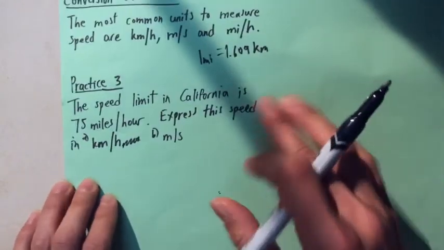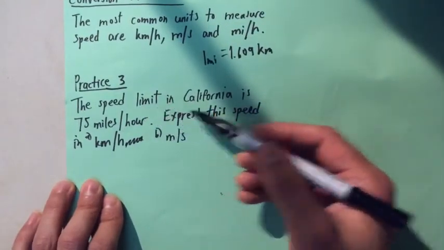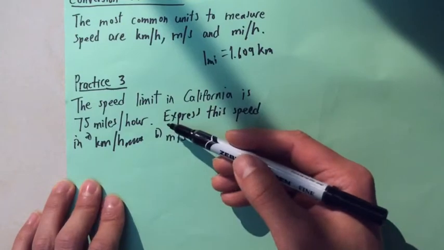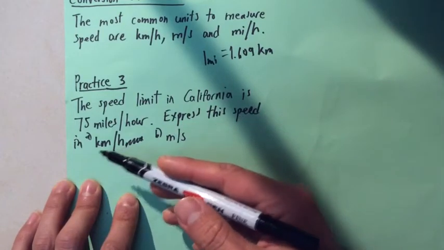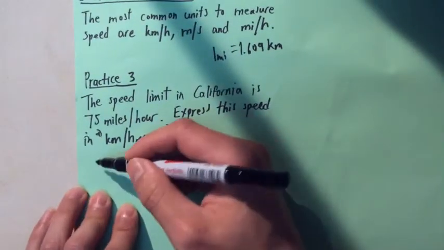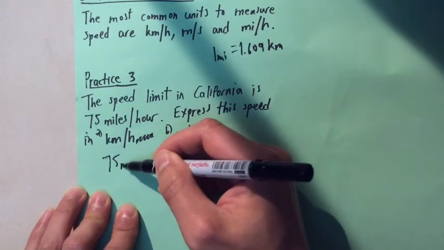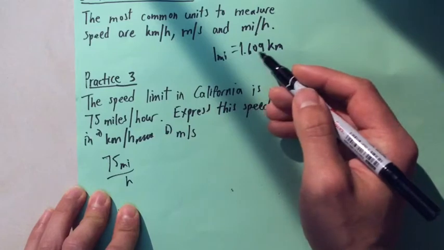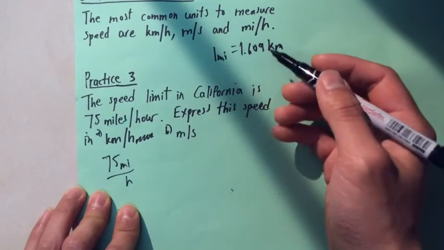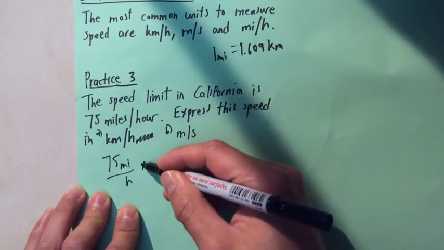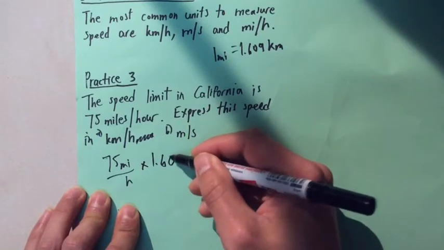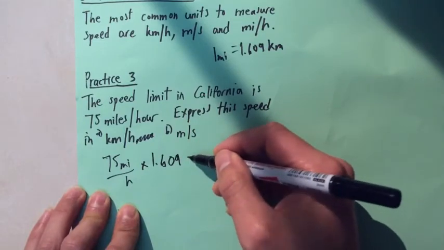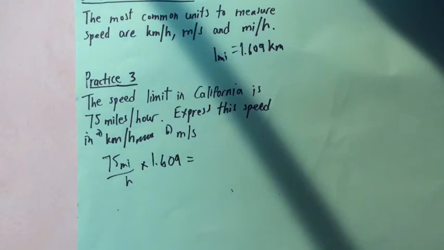So let's do a practice question. The speed limit in California is 75 miles per hour. Express this speed in kilometers per hour. So we have 75 miles per hour. Now, we know 1 mile is 1.609 kilometers, so we just multiply it by 1.609. And if you take out our calculator,